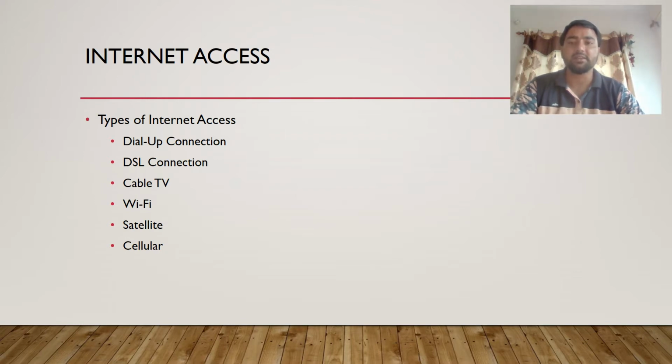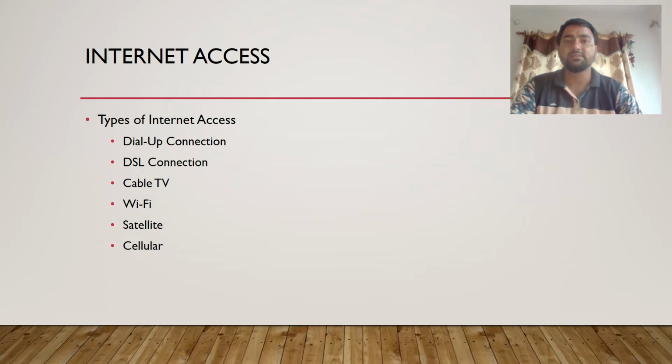Then comes the DSL connection, digital subscriber line connection. It is a kind of broadband connection that is given with your landline phone connectivity, to which a separate modem is attached. Your system gets connected to that modem and you receive continuous, seamless internet connectivity 24/7. It is an always-connected service and has a faster speed of connectivity as compared to dial-up connection.